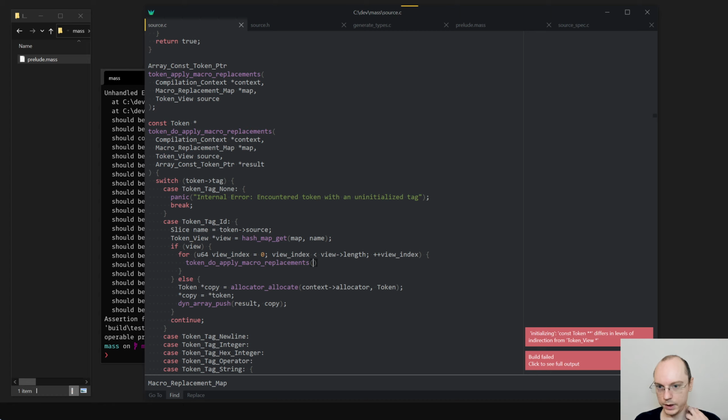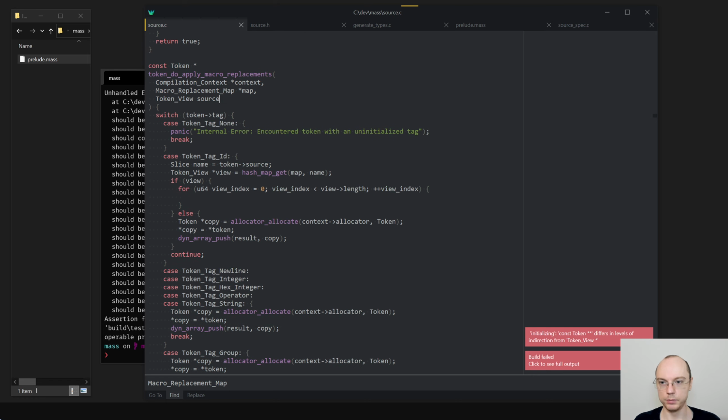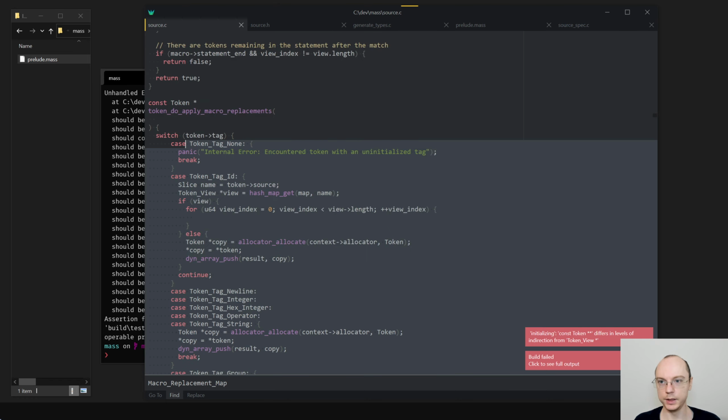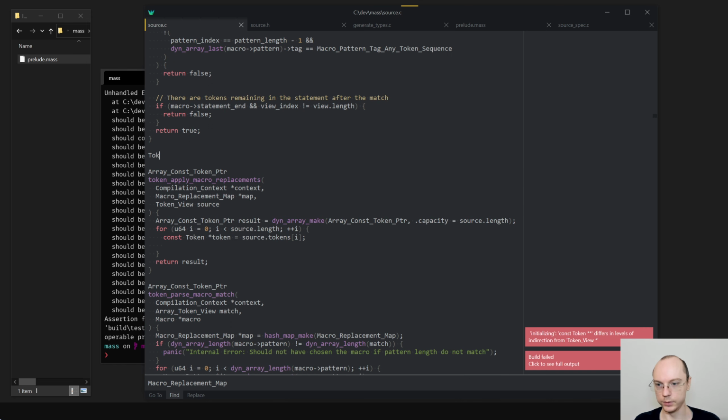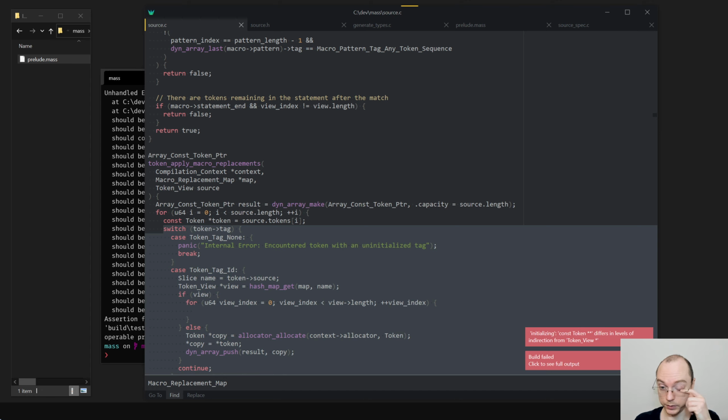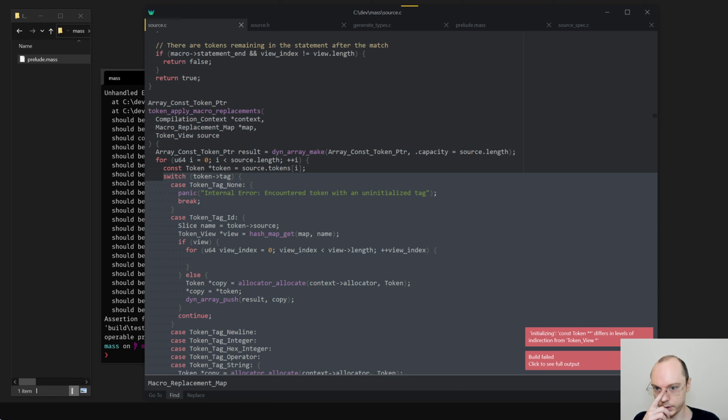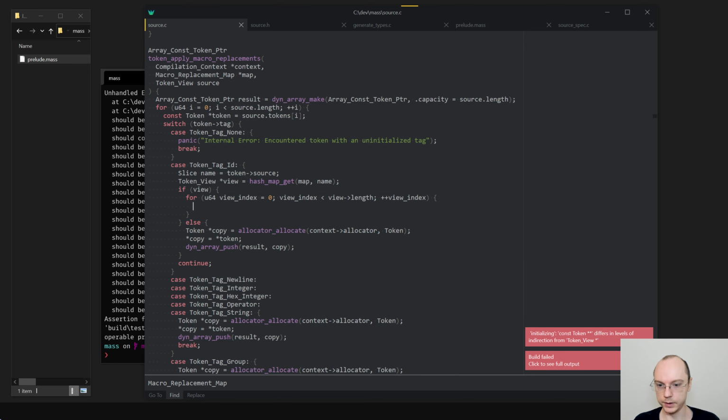And to apply macro replacements and context map source result, or actually no, we don't want to recurse. I am doing a stupid thing, because if we recurse, we can end up first with infinite loops, and we can also do bad things. Yeah, that's not good. In here, we literally just need to push stuff to result.